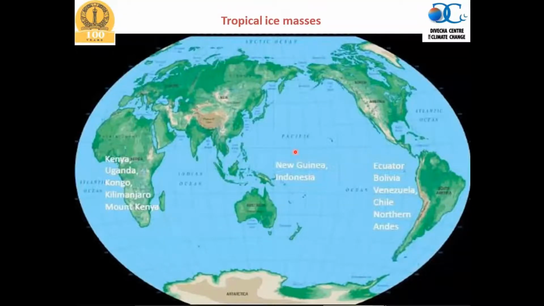In addition to that, you will be surprised to know that in tropical regions also there are glaciers. They are not large, but there is definitely some amount of glaciers in Kenya, Uganda, Congo, Kilimanjaro, Mount Kenya, New Guinea, Indonesia, even in Ecuador, Bolivia, Venezuela, Chile, and northern Antilles. So many of you must be thinking that glaciers are located either in the Himalayas or in the polar regions, but it is not so. They are also located in tropical regions, and you might not have thought that places like Kenya and Uganda